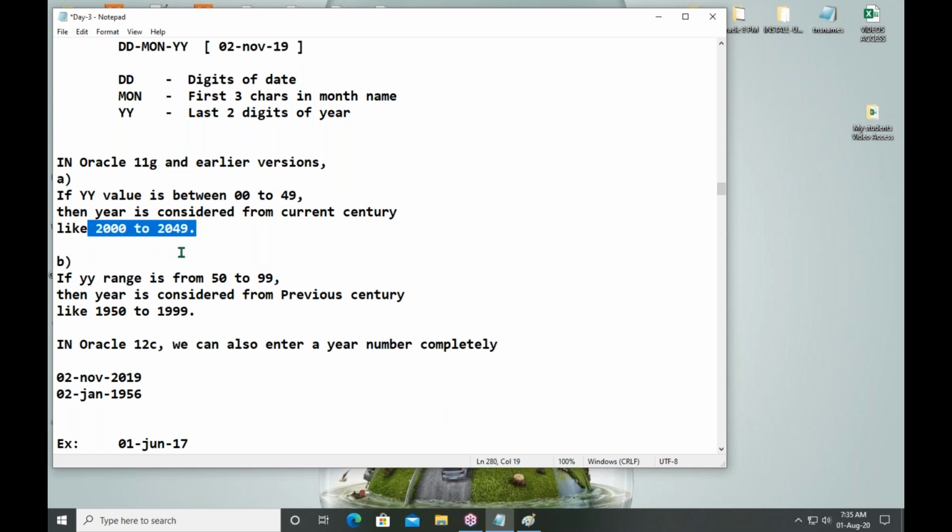So according to this, if I am giving last two digits 37, then internally the year number is stored as 2037.